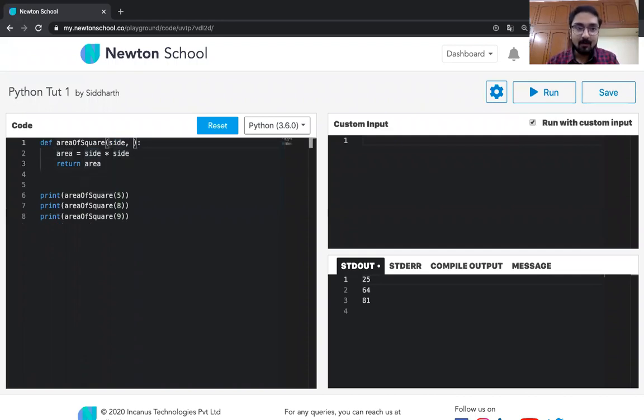So you write a comma over here and you write the name of another variable. For example, you can write side2, if it were an area of rectangle. I'll give you this as an assignment, but for now, you just need to understand that if you want multiple parameters, you write them comma separated. And after that, very importantly, you need to put a colon. Once you put in the colon, you have started to define the scope or the block of the code that will be executed when this function is called upon.